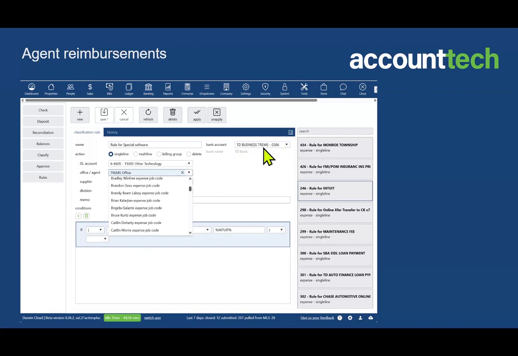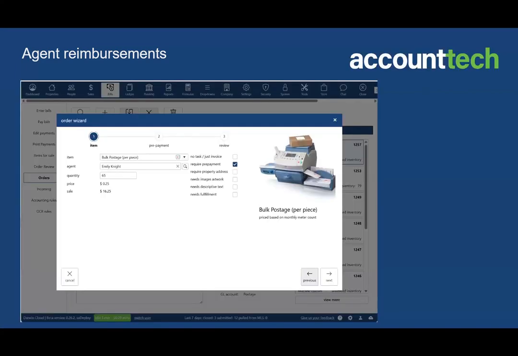The other thing you can do now, and it doesn't have to be the accounting department, anybody in your company, if the agent comes up to the front desk of your office and says, hey, can I get some signs out of the storeroom? Or can I get some bulk postage? Or can I make 1,000 copies? Or whatever it might be, some service or product that the agent wants to buy from you,